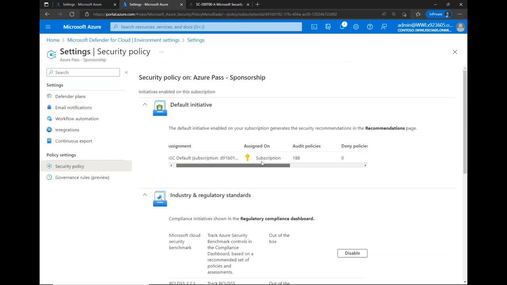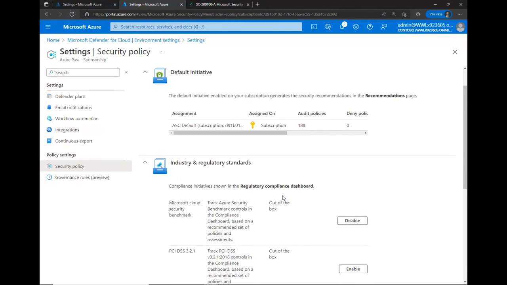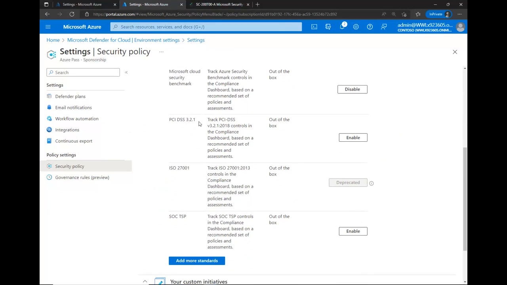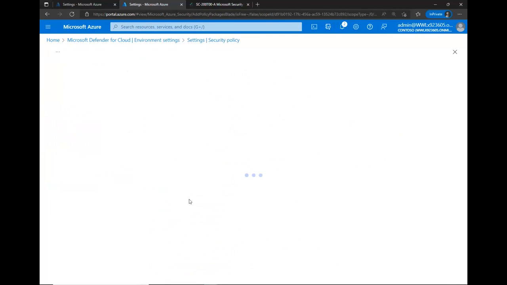And that initiative is including 188 individual policies so far. But well, there is a default policy that is configured, the ASC. We are not forced to follow this initiative all the time. We have an option to modify which policy we want to follow by a list of the built-in initiatives, for example. If our organization is to follow the PCI DSS 3.2.1, the ISO 27001, the SOC TSP,